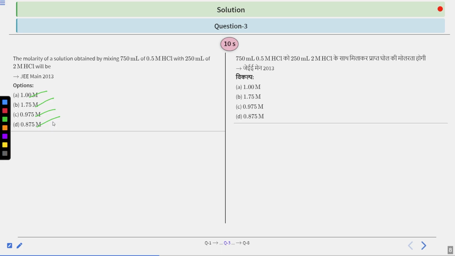So you will use the formula directly, or what you can do is calculate the number of moles, millimoles I would say, related to this solution and related to this solution. Then you can divide by the total volume, which is this plus this, and hence you can easily get your molarity, or else you can use the formula directly. So I will not tell you the formula, that is up to you to get. Okay, so your 10 seconds to solve this question starts now.